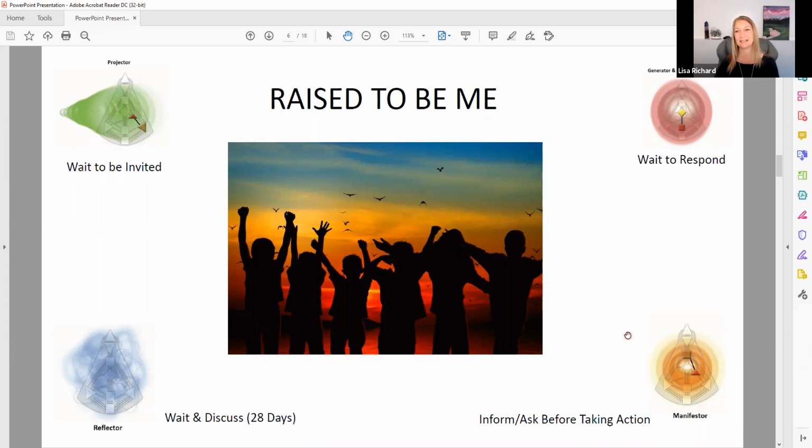So what happens is this becomes a form of respect. This allows the other energy types to be aware of what you're doing instead of being left confused as to what is she doing now? What is he doing now? Oh my goodness, what is going on? Because things can happen so fast for a manifestor that they often don't stop to pause to think of what everybody else might be perceiving about that energy type.